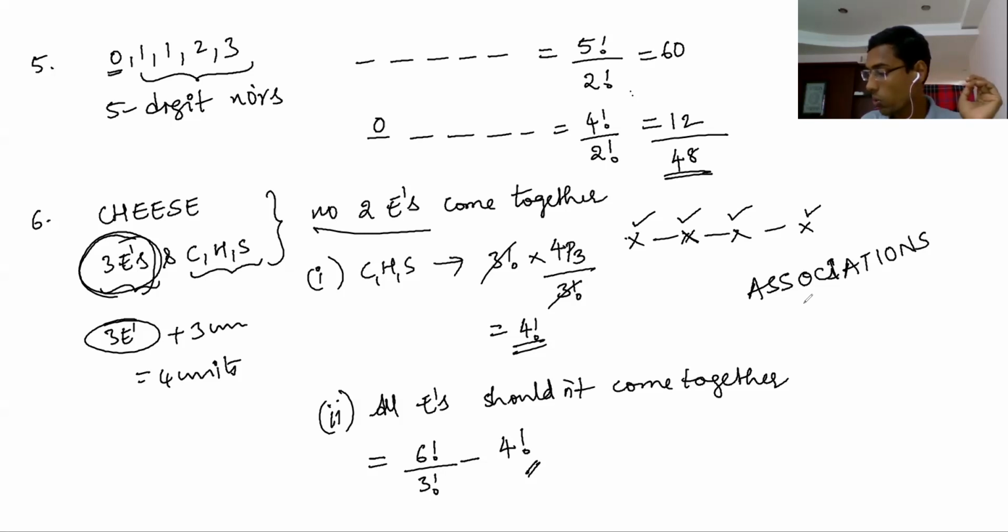And then next, find the number of ways of arranging the letters of the word MISSING so that the 2 S's are together and the 2 I's are together. MISSING. Let's go to the next question. So here this is MISSING.